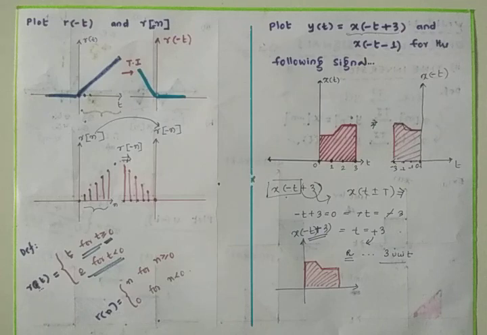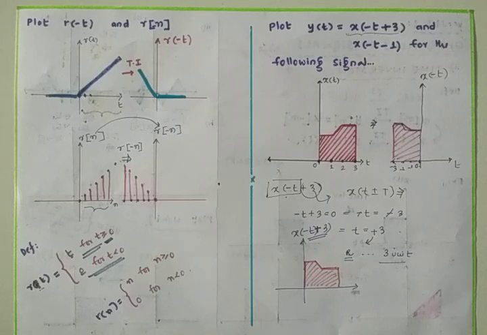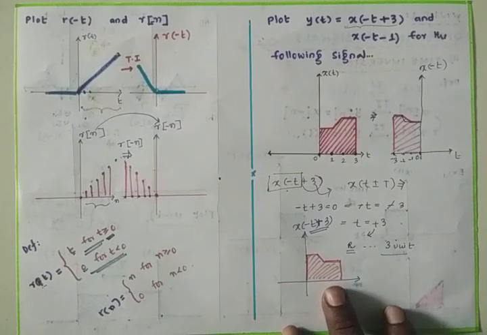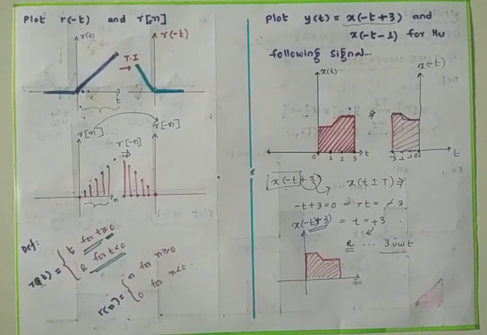So we have three operations, starting with the time shifting operation. Due to the time shifting operation, we cannot change the characteristics of the signal. Simply we can change the position of the existing signal. We can shift it to the left side or to the right side. If the signal is shifted to the right side, that is a delayed signal. If the signal is shifted to the left side, that is called an advanced signal. By applying the time shifting operation on one particular signal, we can have either a delayed signal or an advanced signal.